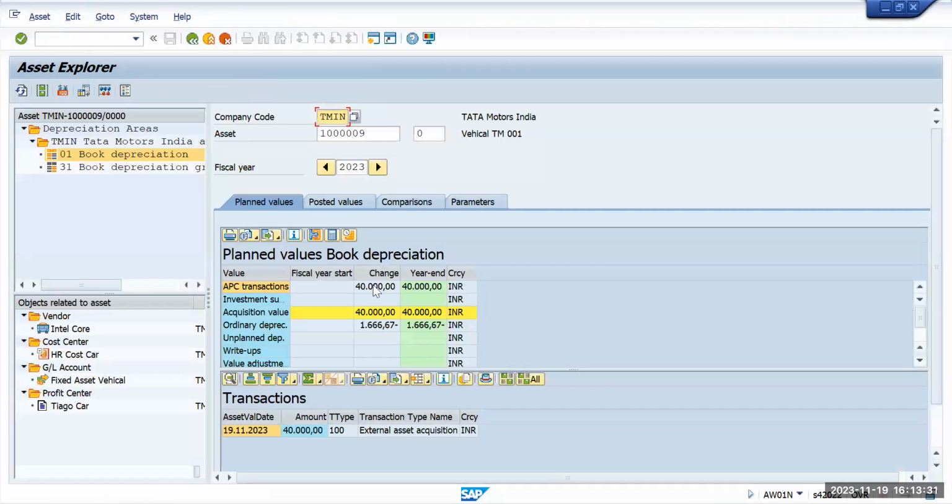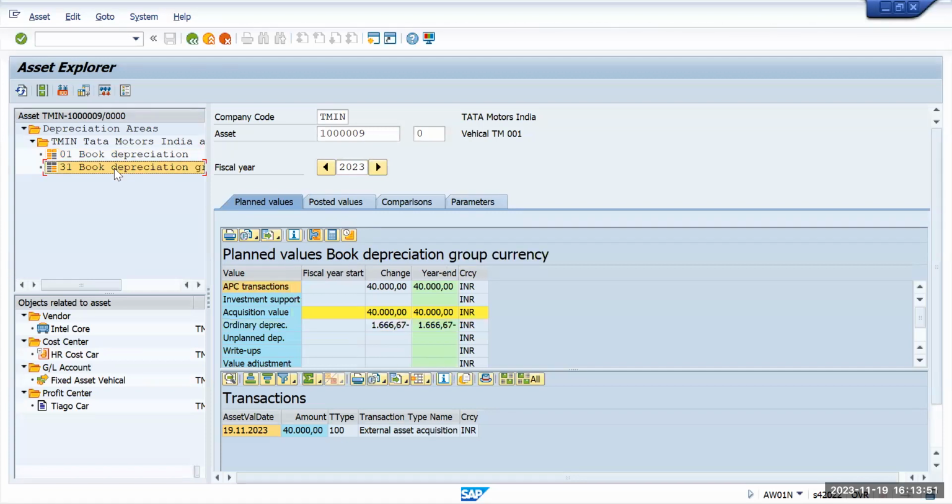So you see this APC value 40,000 has been updated and the current specific depreciation is also updated. This depreciation is going to be deducted when we run the depreciation area. This is the 01 book depreciation and this is the group level depreciation. One is in local currency, coming from the company code currency, and this is coming from the group currency. So if we go to posted values,